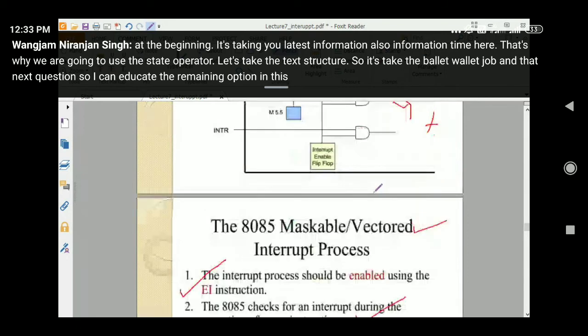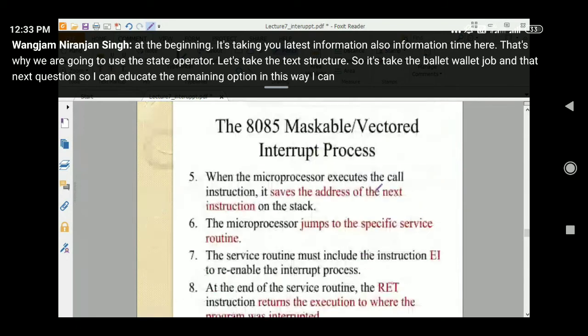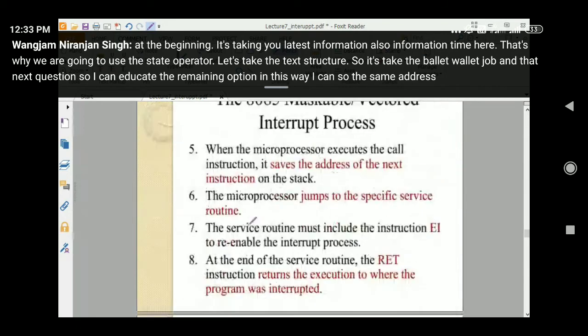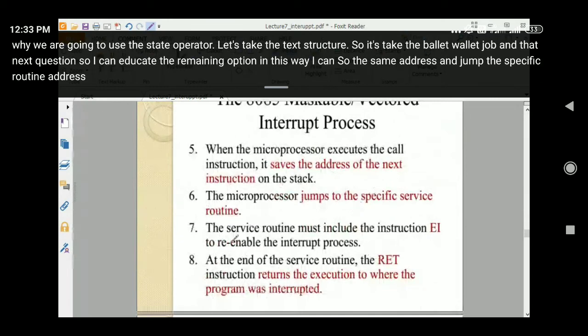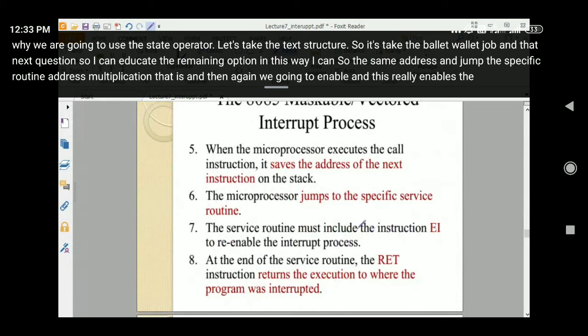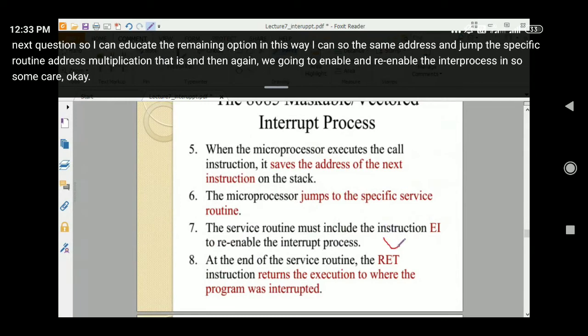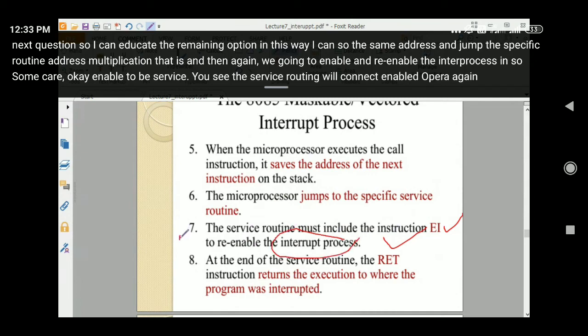In this way I can save the address and jump to the specific routine address. Then again we enable and re-enable the interrupt process. After jumping, to execute the service routine, we have to enable the interrupt again, and to execute the next instruction we have to re-enable it.